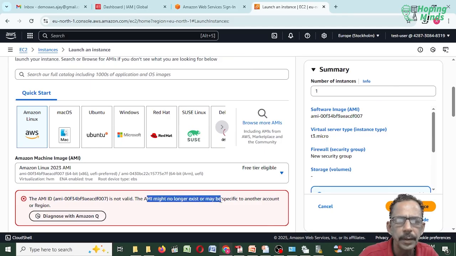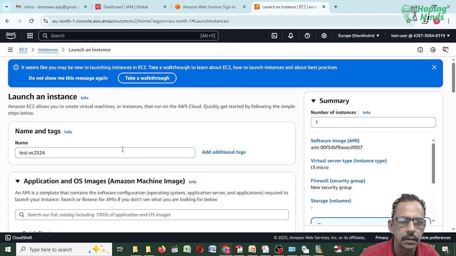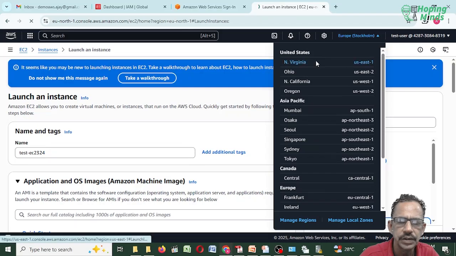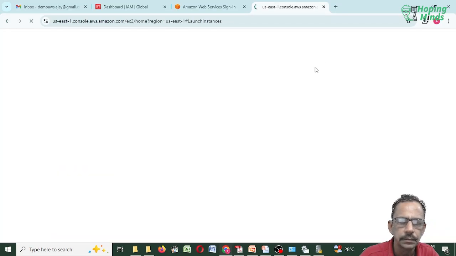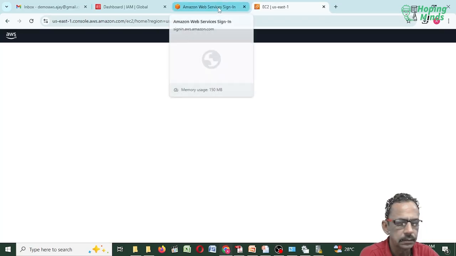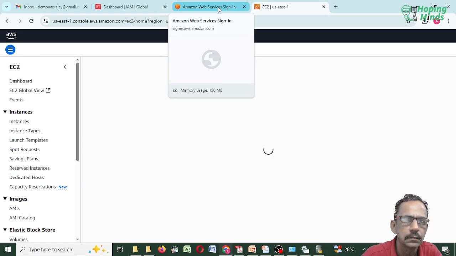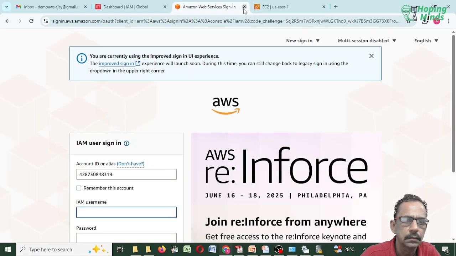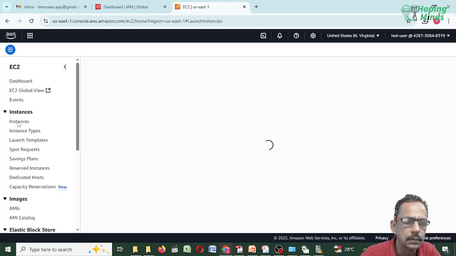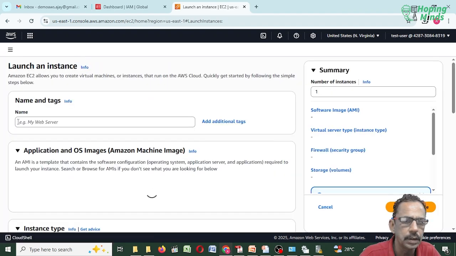It means he will not be able to do it. He always gets some error. North Virginia. That you are not allowed to do something.